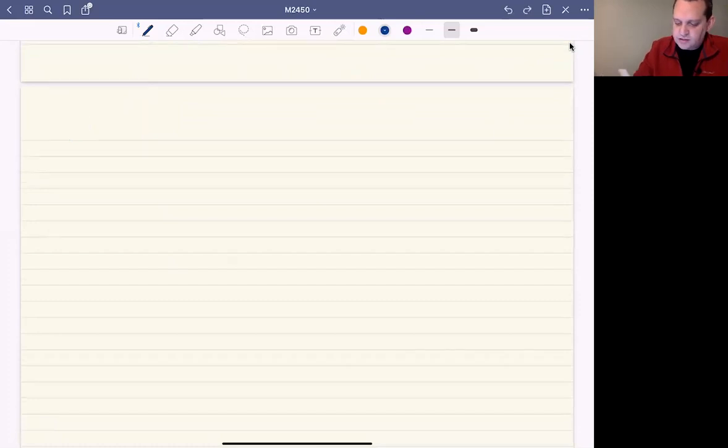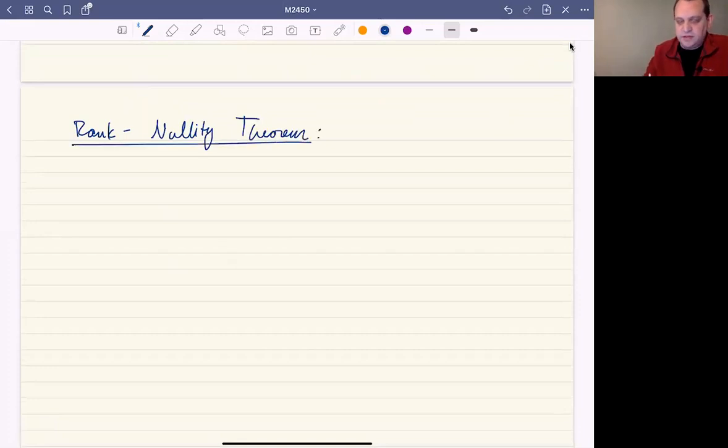And this is going to be called the Rank-Nullity Theorem. So it turns out that there's a relationship between the rank and the nullity of a matrix. If A is an m by n matrix, so that n is the number of columns, that turns out to be the relevant term here. I don't really care about m at all. But if we have n columns,